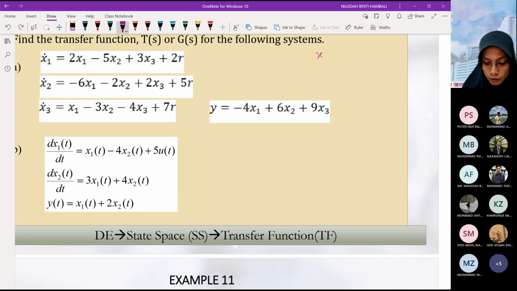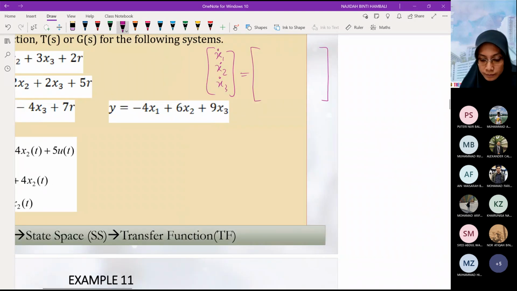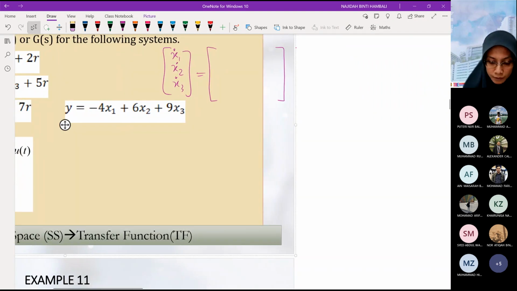Okay, so this is your R. Okay, Y equal to